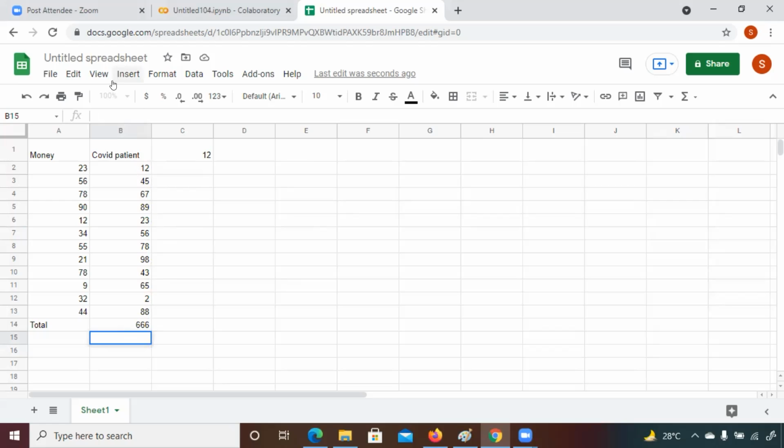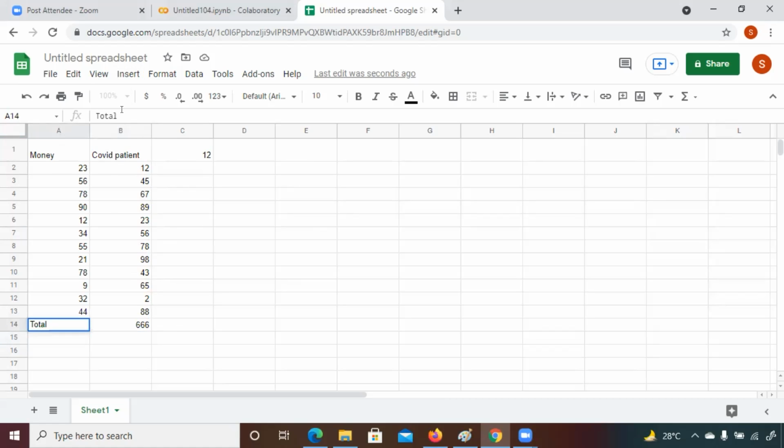While performing a sum operation, why was it giving an error? Because this particular column, the row one, is also being taken. That's why we were getting an error. Okay, how are you going to do it? Suppose now for money you want the sum. So you select this column.